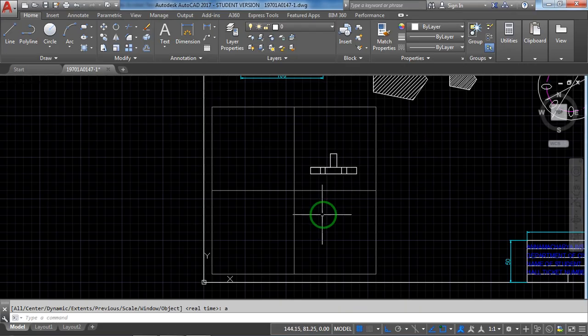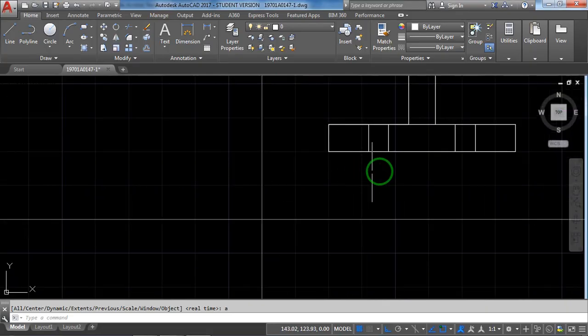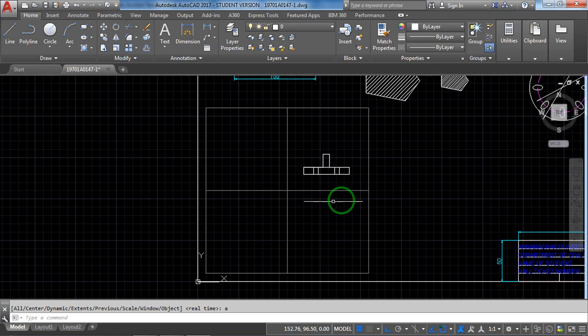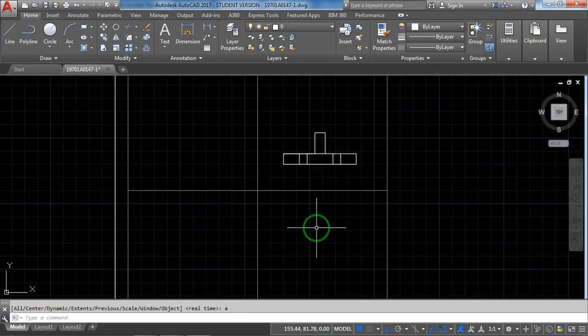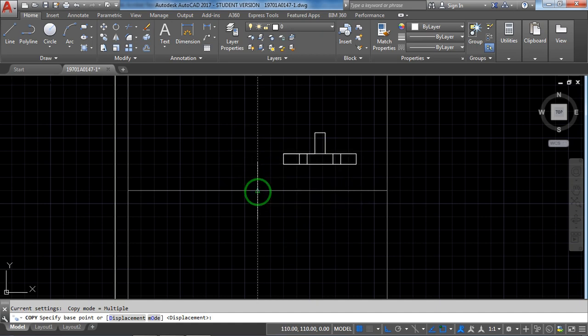Top view. Before proceeding to the top view, I will tell you, we are supposed to draw some construction lines. If you observe, the front view below the top view, the same lines should coincide. End lines, this line, this line, this line, and this line, they have to coincide. To keep that for reference, what we can do is draw some construction lines. How to draw them? See, select this, take the copy option, enter, pick any center point here.